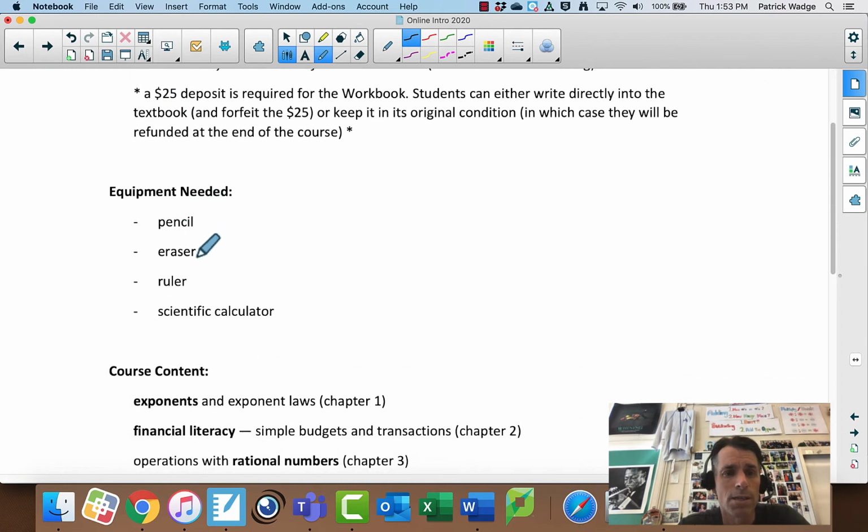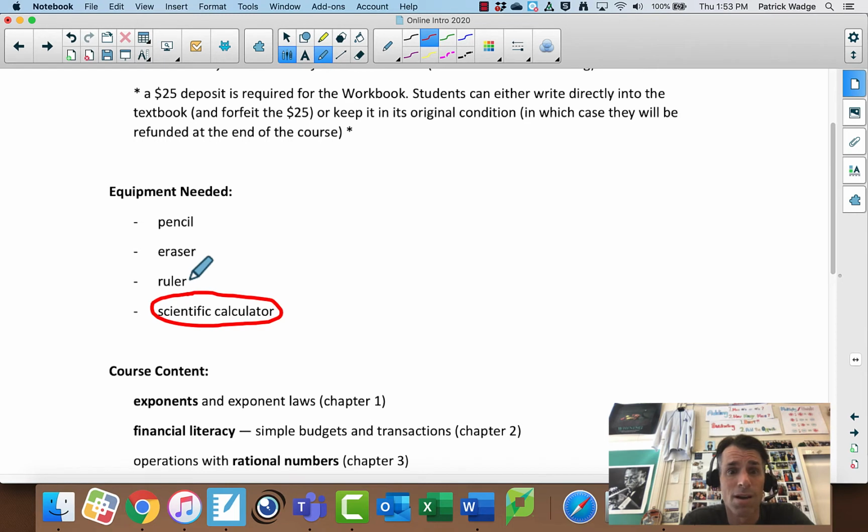Alright, here's what you need in my class. You'll need a pencil and an eraser. A ruler would be great. And please, if I can really implore this year that everyone gets a scientific calculator. The reason, even more so this year than most years, is because the fewer objects that I can be lending out this year, the cleaner, the healthier, the safer it's going to be. If I'm giving out 20 calculators every class, which was not a rare thing last year, then that's either a lot of cleaning that needs to take place, and, let's face it, sometimes things are going to happen.